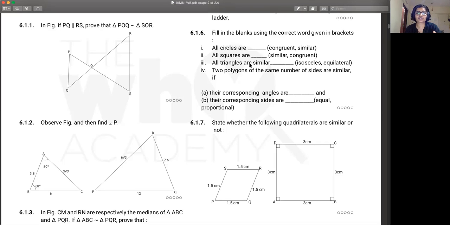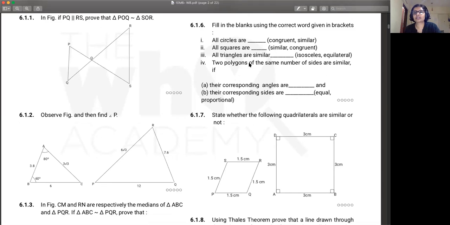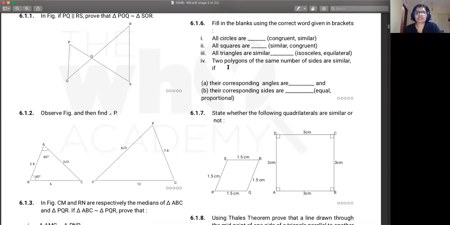Any of these questions, if any of you think the answer is different or if you are unsure of what the answer should be, you can raise your hand, you can put it on the chat, you can stop me at any time. Okay. अगर clarity नहीं है, answer equilateral क्यों है, isosceles क्यों नहीं है, in case you have a doubt. ठीक है. Next, Ayush Jaina. Two polygons of the same number of sides are similar if their corresponding angles are क्या होना चाहिए? Equal. Very good. And Ishan Sheikh, their corresponding sides को क्या होना चाहिए? Equal या proportional?